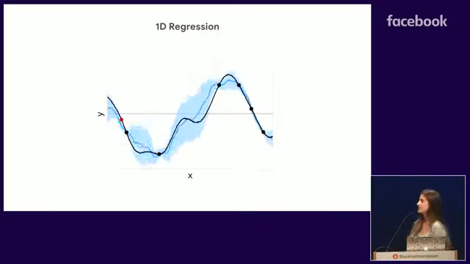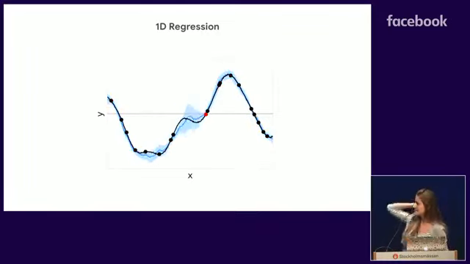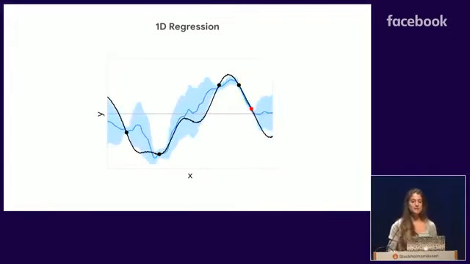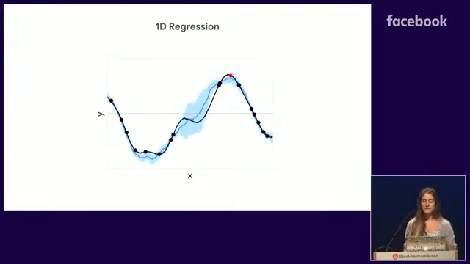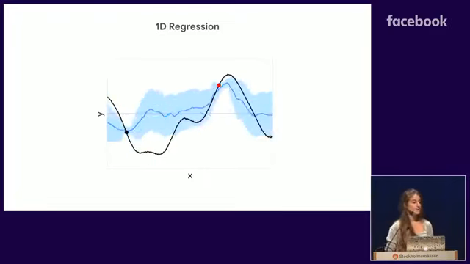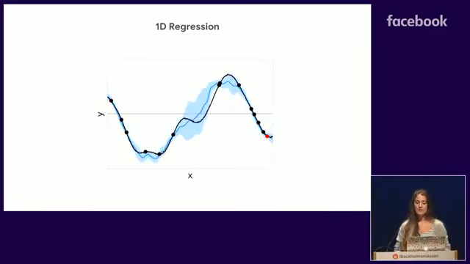Now, what does our trained model look like? Here you can see the black line is the ground truth, and blue is our model's predicted mean and variance given the context points, which are those black dots. As we increase the number of black dots, you can see the model's prediction comes closer to the ground truth, and the variance is also reduced, which is interesting.